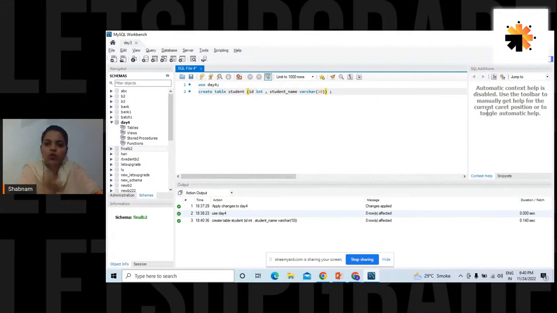Okay, I want to insert two rows in this table. So I say insert into, the two keywords part of the insert query syntax. Insert into table name the following values. Say roll number 1, ID being an integer, it will accept data in the column without quotes, but student name being a string, it has to be entered in the column under quotes.